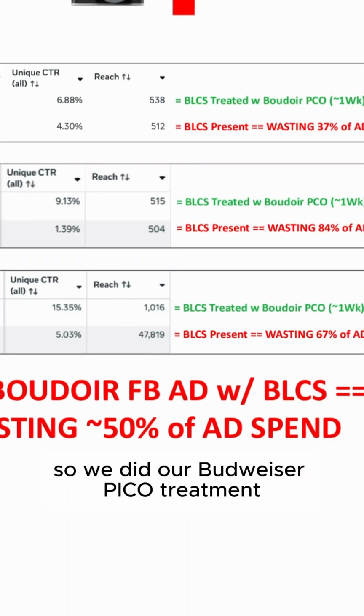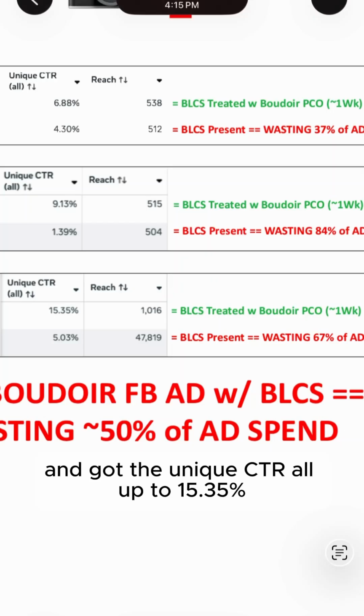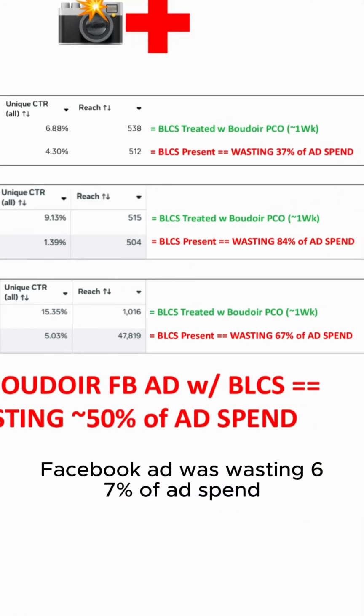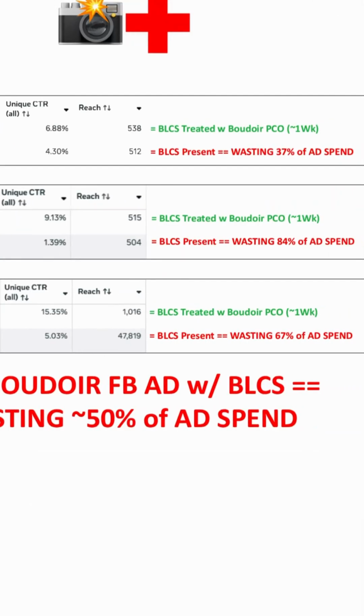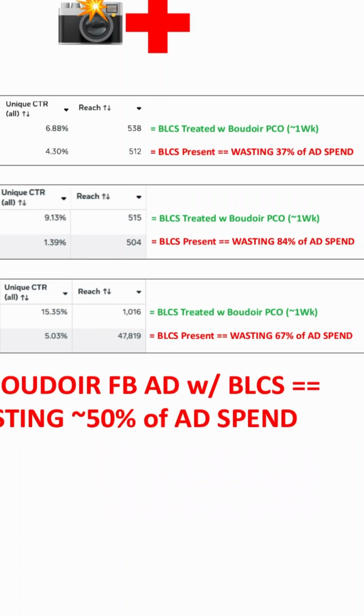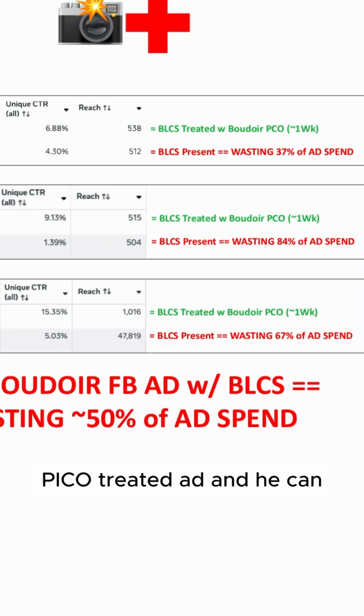So we did our Boudoir Pico treatment, takes about a week, and got the unique CTRL up to 15.35%. So we found out the original Boudoir Facebook ad was wasting 67% of ad spend. And as a result, if you spend 10 grand a month on the original Boudoir Facebook ad, then now he only has to spend $3,300 a month on the Boudoir Pico treated ad, and he